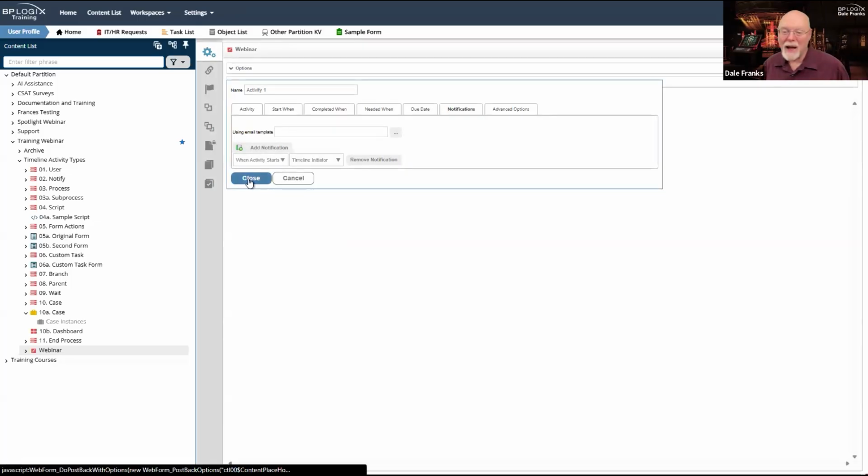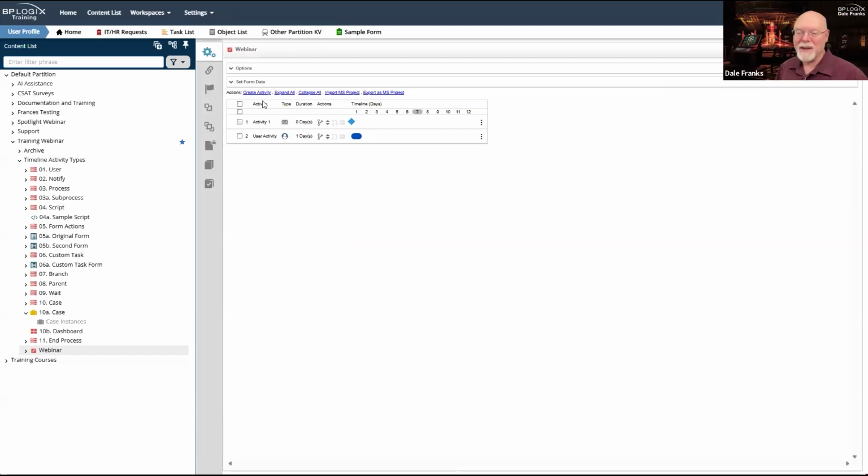So what I expect to happen now is that I'll reach this point in my timeline. I have these two parallel tasks running. One is a notify activity, which will tell me that I have a task, unhelpfully, but it will tell me. And then I have the user activity that I want to associate with it.